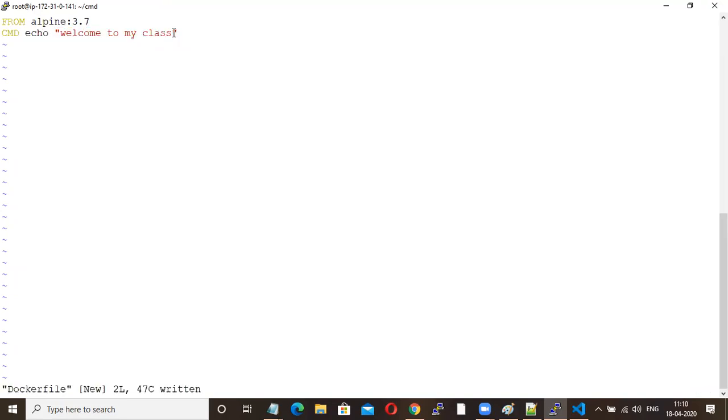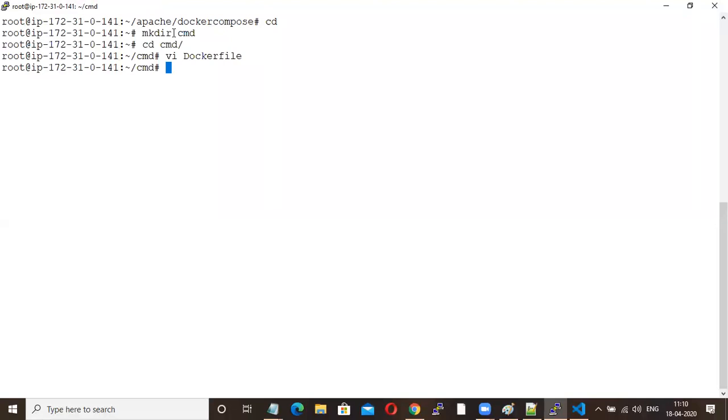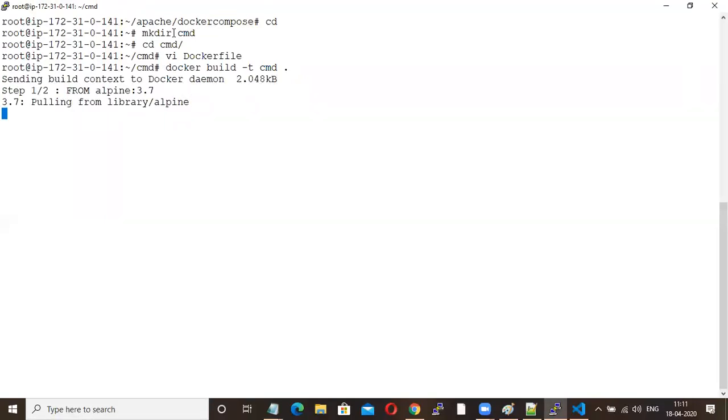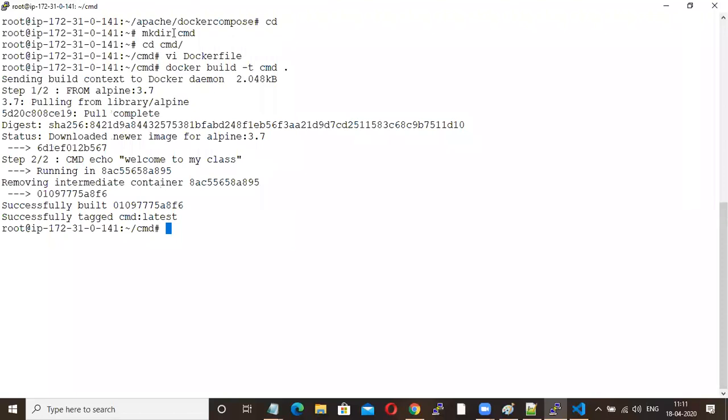Now docker build -t cmd dot. Now your image is ready. Now docker run -itd, echo.